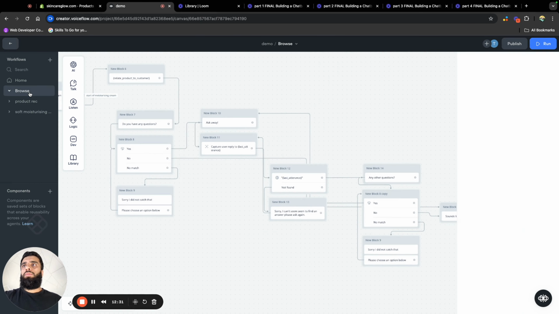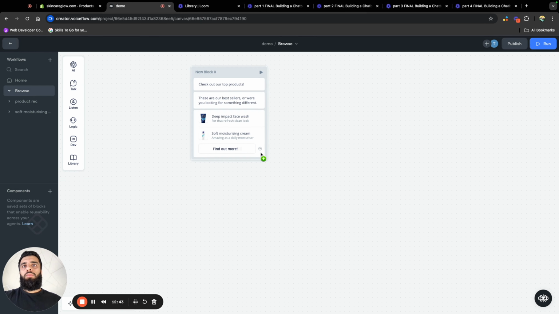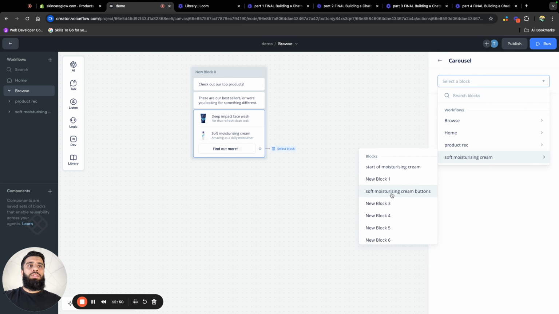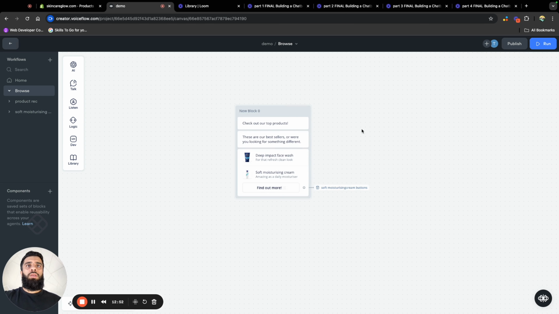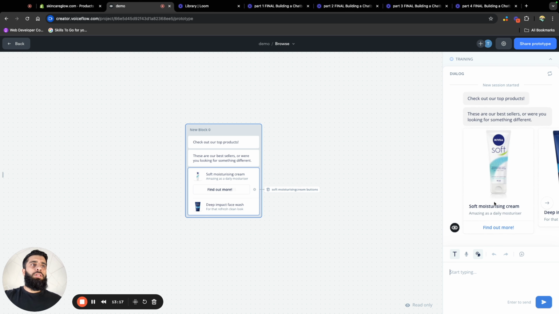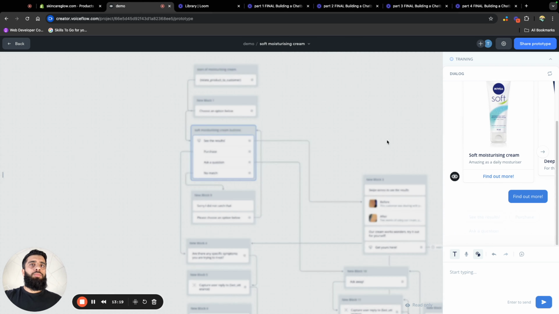Head back over to browse. And then from this tab here, we can just click and drag actions, go to block, and then select the block that we just named soft moisturizing cream buttons. Just to see that in action. Then as you can see, they've got an option to find out more about that product. It will take them over to the product page, and they'll be able to explore that product. If you go back